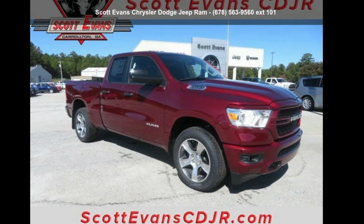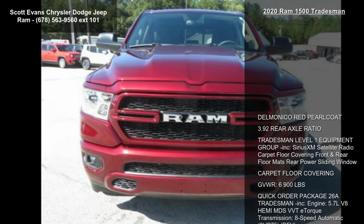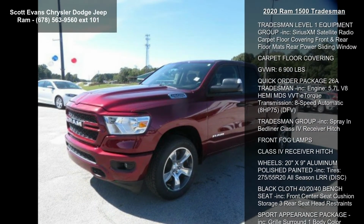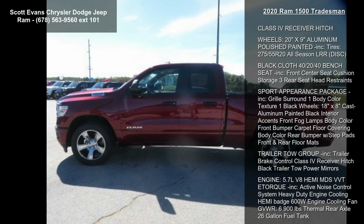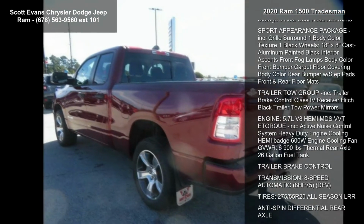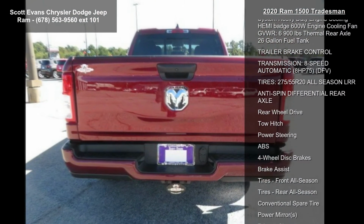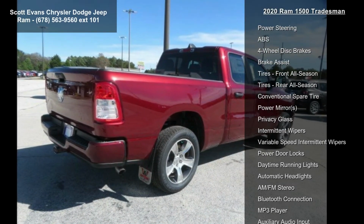Arrive in style with this Ram 2020 1500 Tradesman. If you are looking for an automobile with great features, look no further. Some of the top features included with this vehicle are Delmonico Red Pearl Coat, 3.92 rear axle ratio, Tradesman Level 1 equipment group included, Sirius XM satellite radio, carpet floor covering, front and rear floor mats, rear power sliding window,